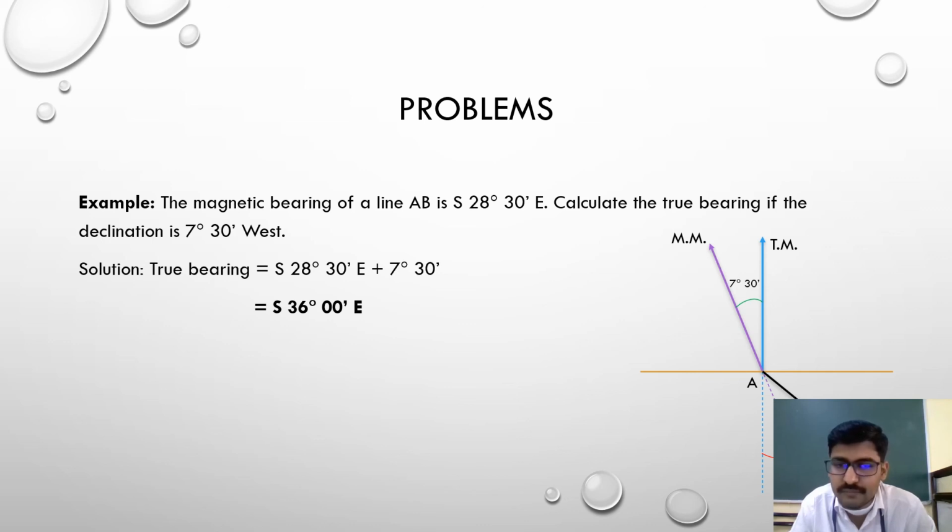So the bearing given is magnetic bearing. Magnetic south is somewhere there, and the true meridian is perfectly vertical. So now in this case, even though it is west, you are going to add it. Why you add it here is because the given bearing is in the quadrantal bearing system. When it is the quadrantal bearing system, you cannot play with plus or minus. You are supposed to draw the diagram, check what angle is required and get the bearing. So the true bearing will be plus because it is with respect to south.